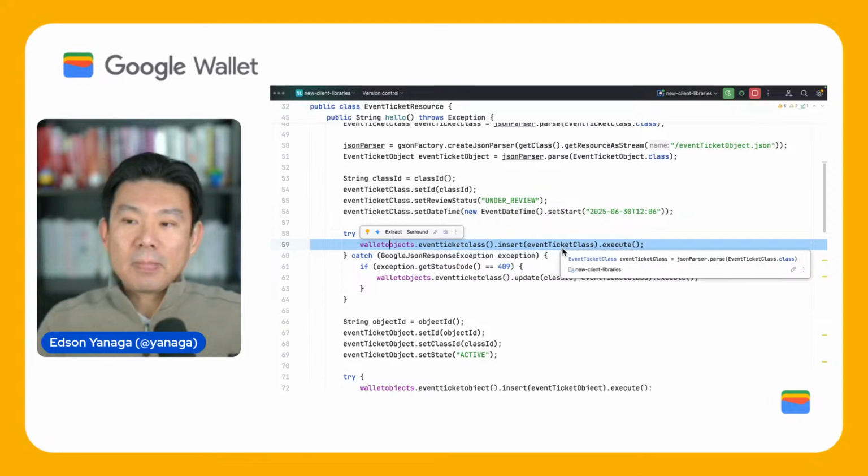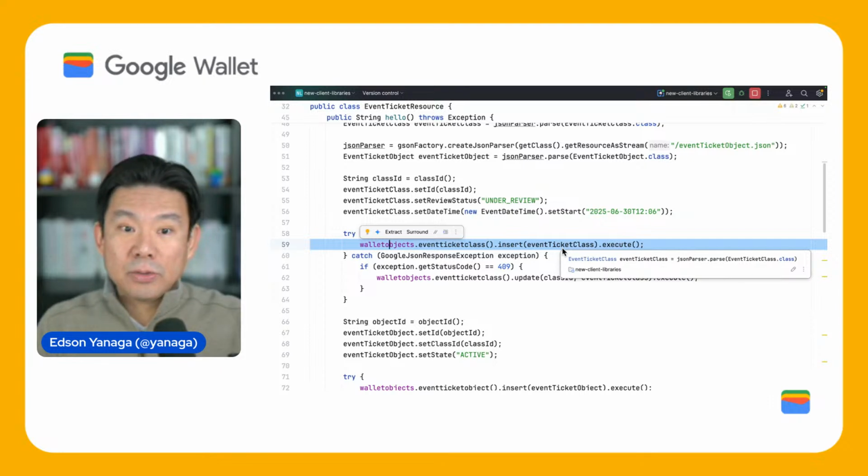So when you use the pre-created version, you already created the event tickets and event objects beforehand. Everything is already in the API. The user just needs to consume,